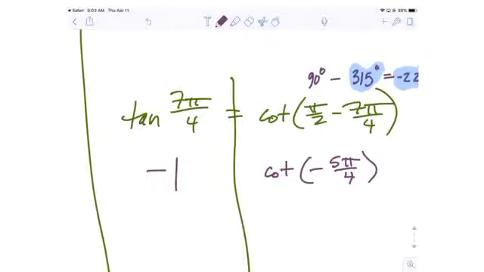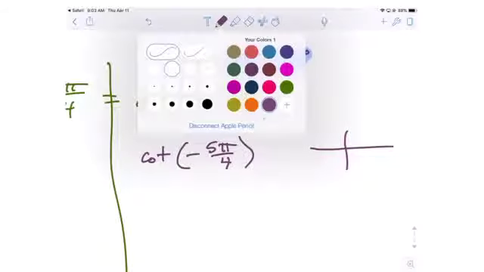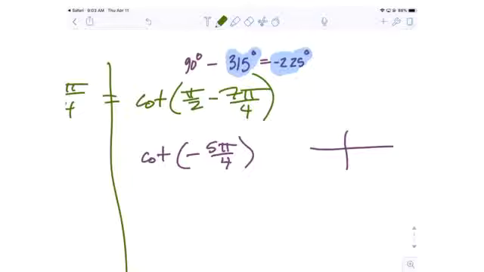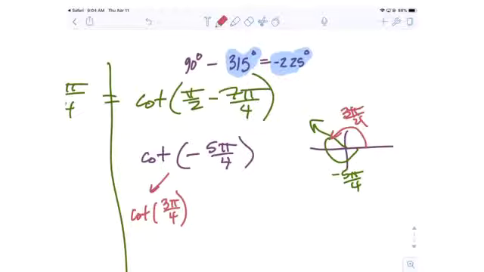Now, there's a couple of options here. You can either evaluate it at negative 5 pi fourths. We know where that is. Negative means we're rotating what? Clockwise, right. And that's going to take us over here, a little bit past 4 pi fourths, which is pi. That is going to be coterminal with 3 pi fourths. So you could say this is the same as cotangent of 3 pi fourths. Now notice we're not saying negative 5 pi fourths and 3 pi fourths are equal, but because they're coterminal, they have the same trig value. So cotangent of that one is equal to cotangent of that one. Or